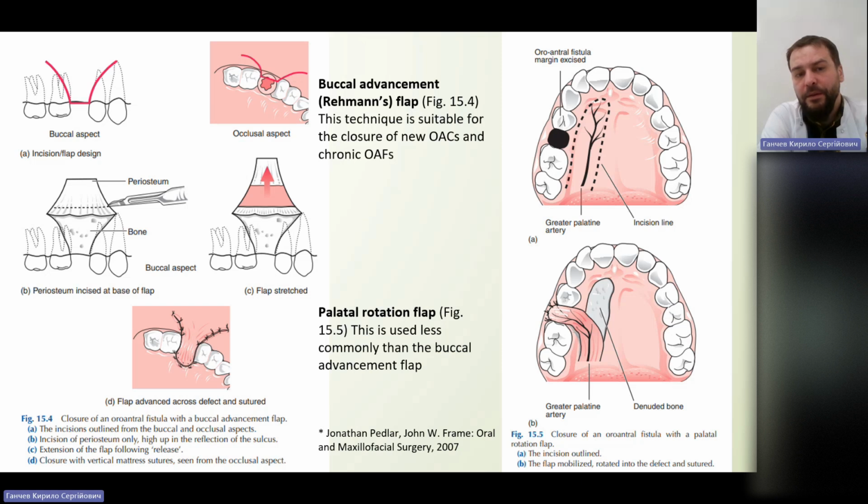A palatal rotation flap it is called, and take tissues from the buccal side. So everything that exists is based on those two ways. Of course, you can invent your own technique to close that connection, but